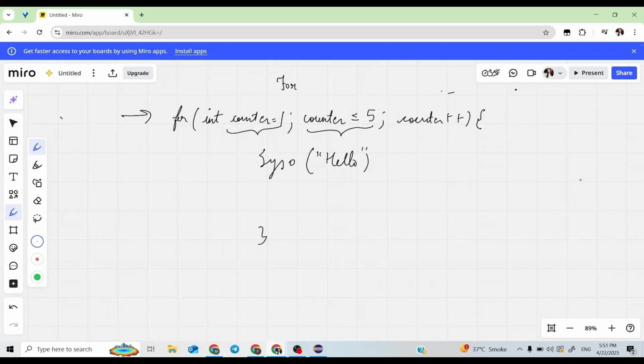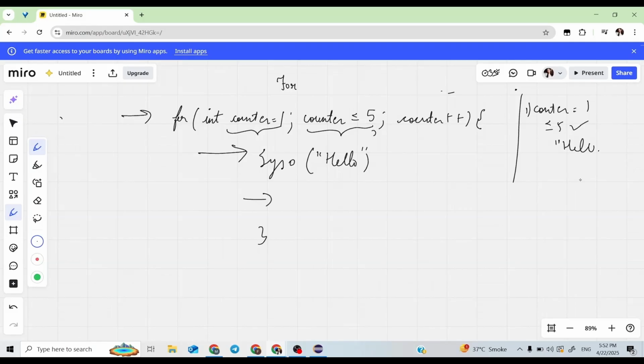Is the counter less than or equal to 5? Yes. Initially our counter is 1, and the counter is less than or equal to 5. So after checking the condition, we will enter into the for loop, and after entering, we see that we have to print hello. So we will print hello.